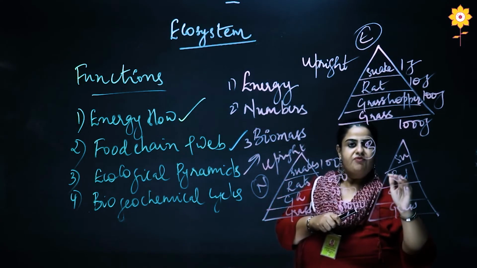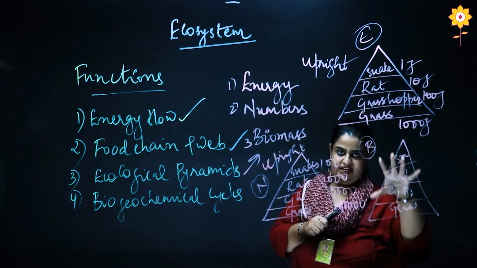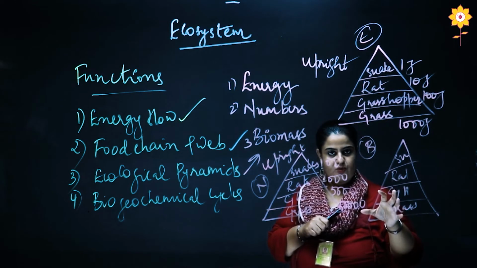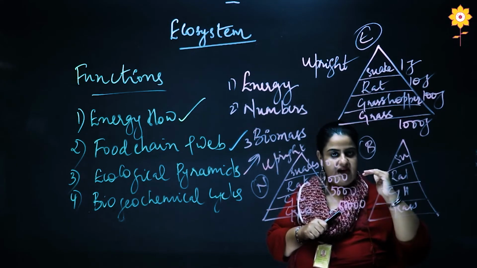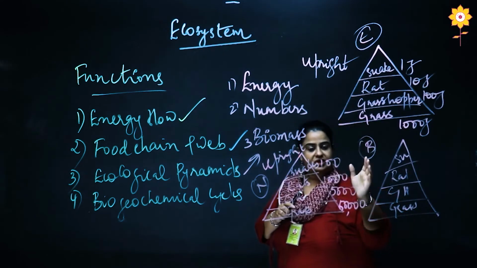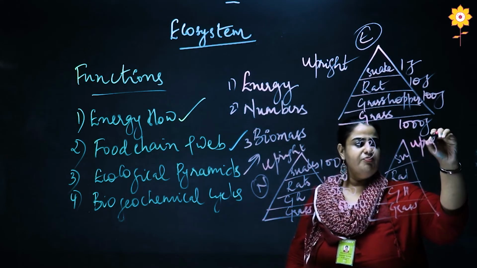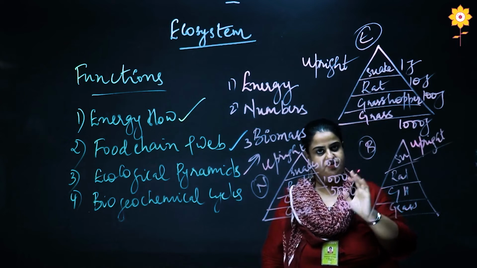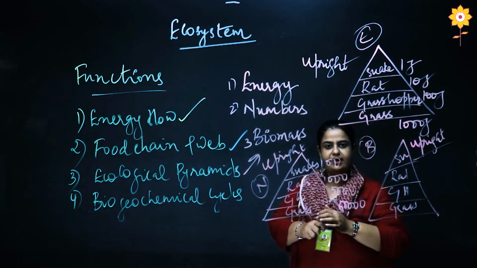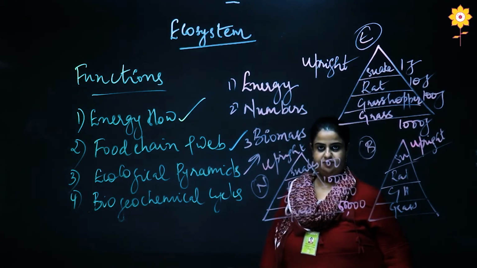Now, when we talk about grass, we know the number of grass is comparatively way higher than snakes or any other organisms represented here. That means their living weight or their biomass is higher. So grass will have the highest amount of biomass, followed by grasshopper, then rat and then snake. So here again, usually the pyramid of biomass is upright. Now I have used the term usually, that means there can be an exception. And one such exception where pyramid of biomass is slightly different from energy and numbers is what I am going to explain next.